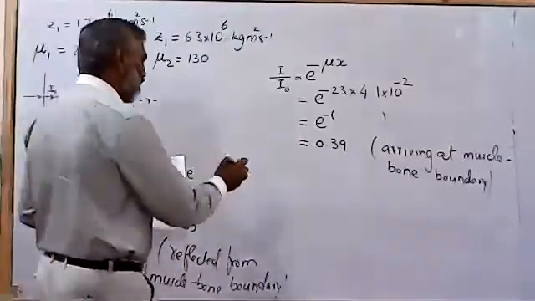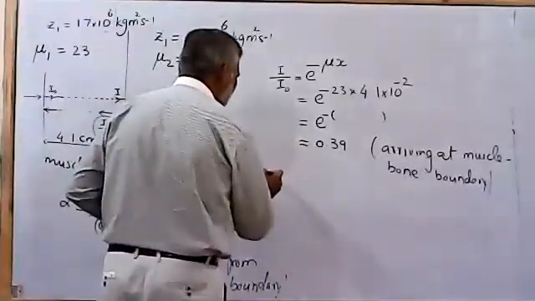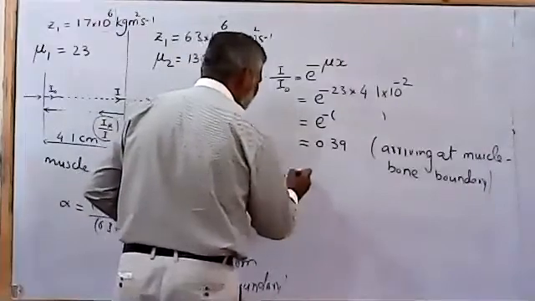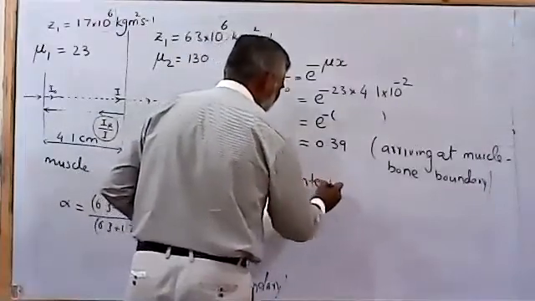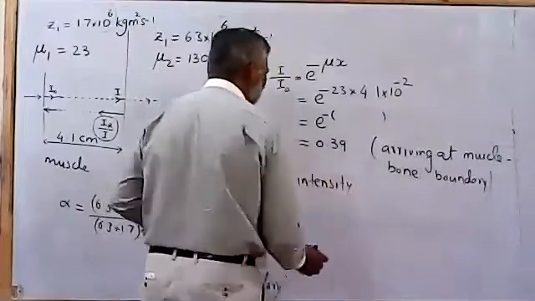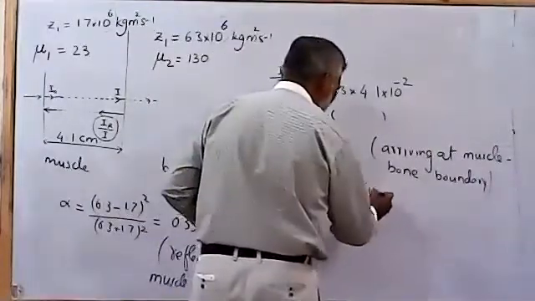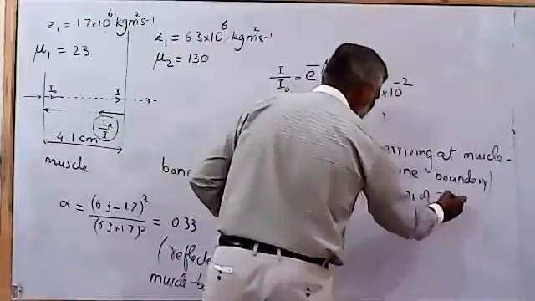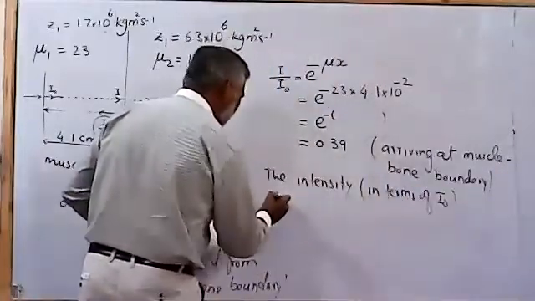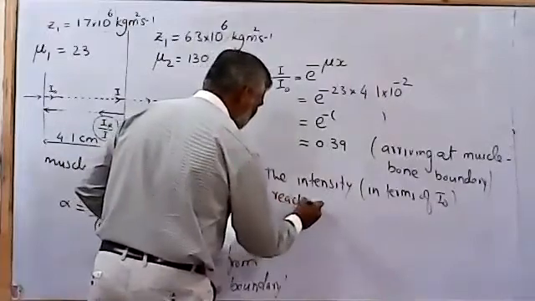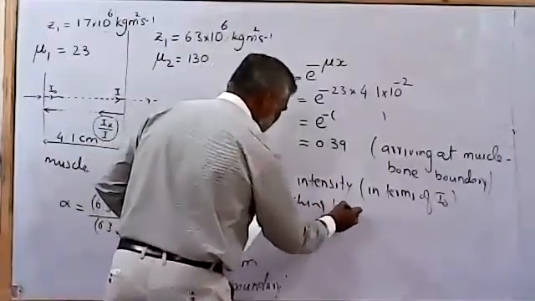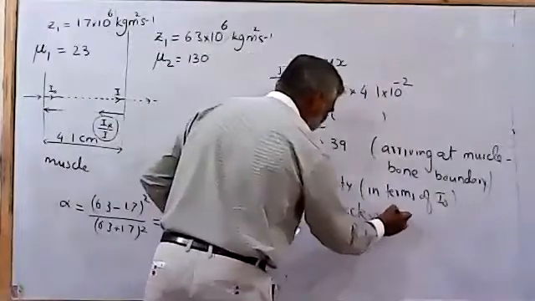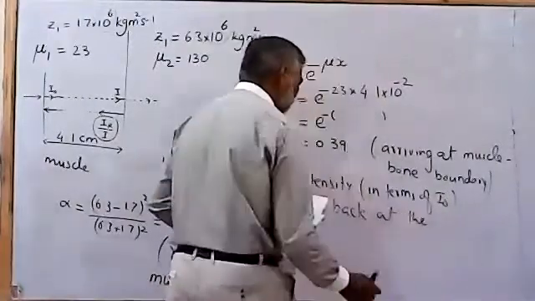Now the third one is calculate the intensity in terms of I naught, that is reaching back at the boundary of the muscle,